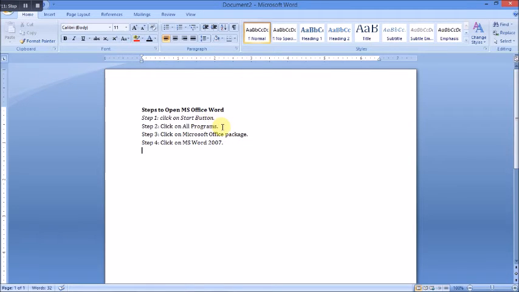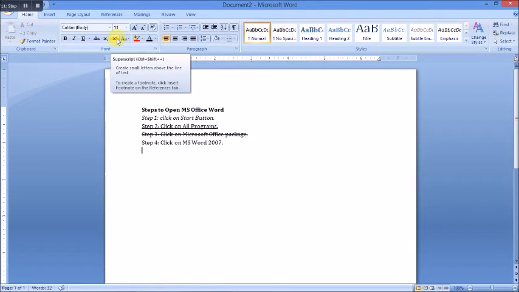Next is Underline. If you want to underline a particular word, sentence or paragraph, you can do it using this. Next is Strikethrough, which draws a horizontal line through the middle of the selected word. Next are Subscript and Superscript.